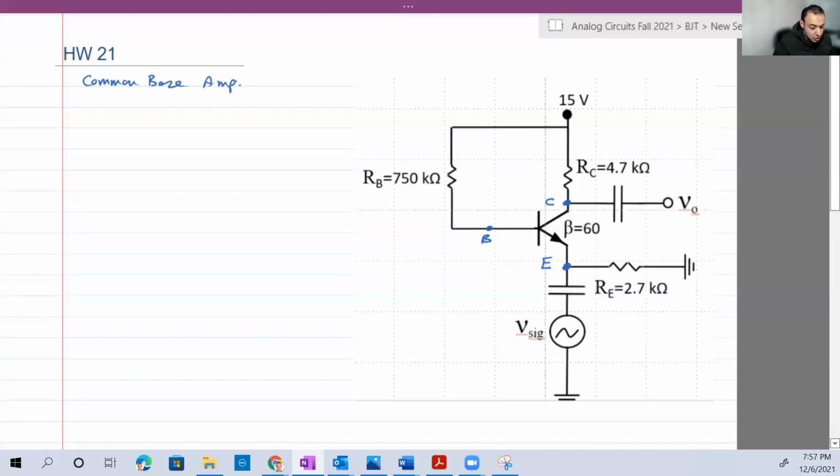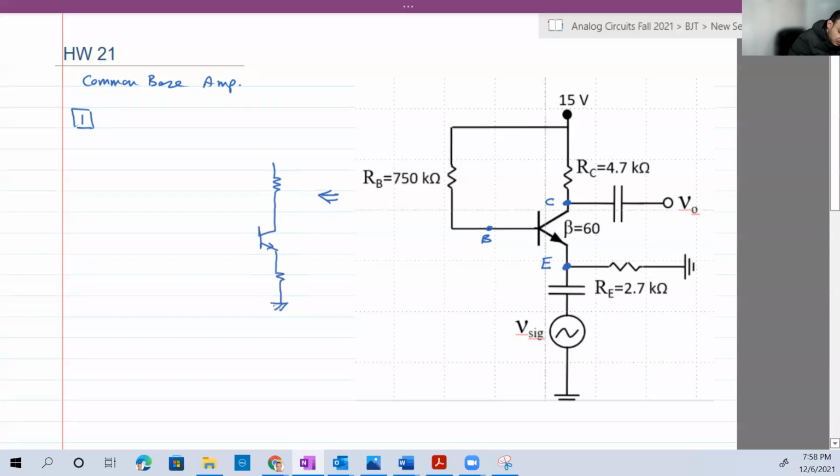Okay, so let's analyze this circuit in both DC and AC and find the characteristic parameters of this amplifier, like AV or input or output resistance, all such stuff. So let's start with the DC. In DC, all the capacitors are open, and we're going to cancel the AC sources. If we do that, this circuit will be reduced to the following. It will be a very simple circuit